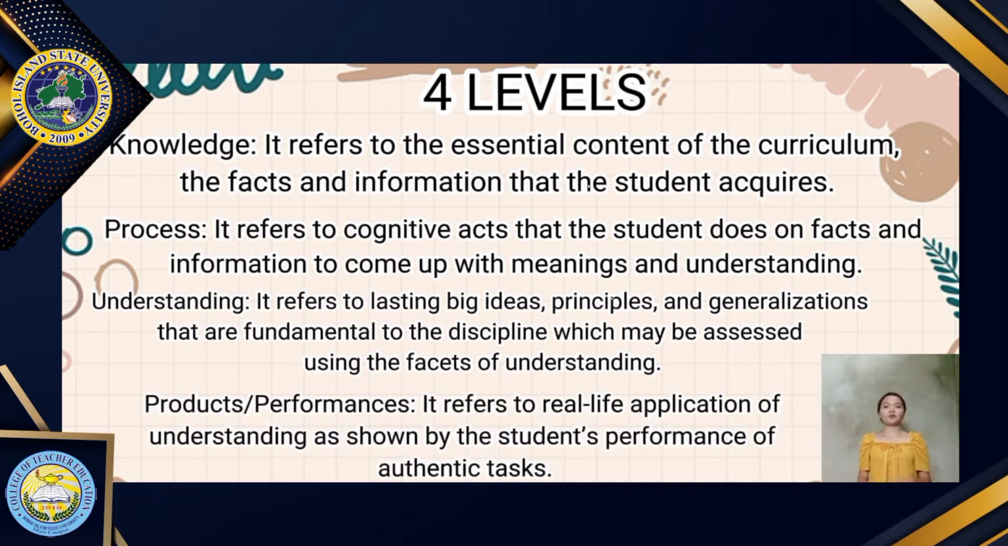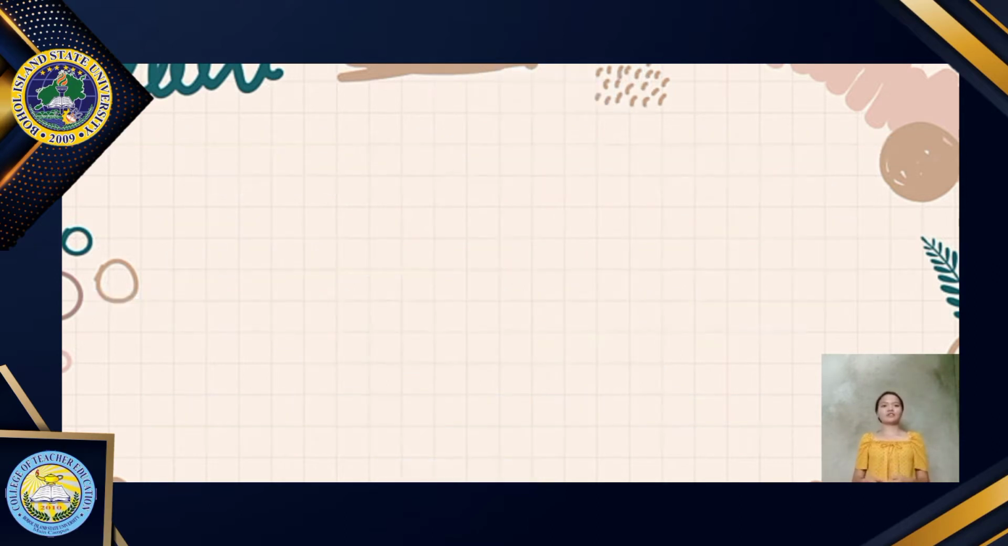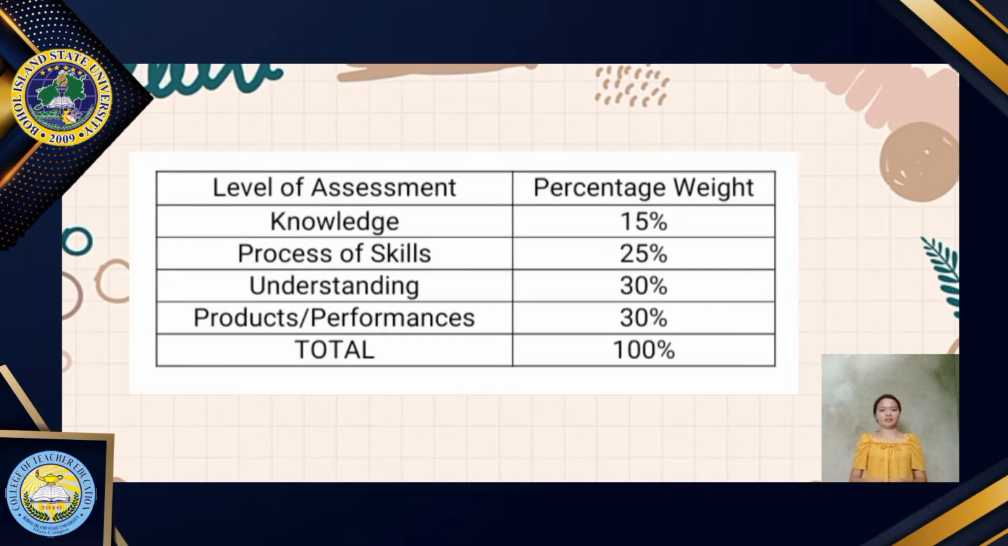Lastly, products or performances. It refers to real-life application of understanding as shown by the student's performance of authentic tasks. The assigned weight per level of assessment are shown in the following table. We have here the level of assessment and the percentage weight. First, the knowledge, which has 15%, process of skills, 25%, understanding, 30%, products or performances, 30%, for a total